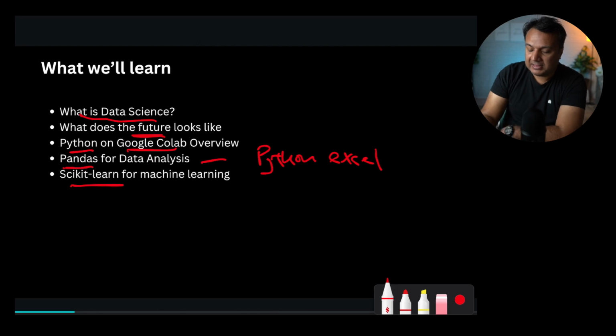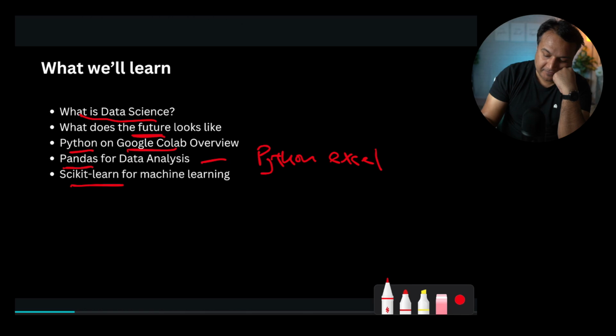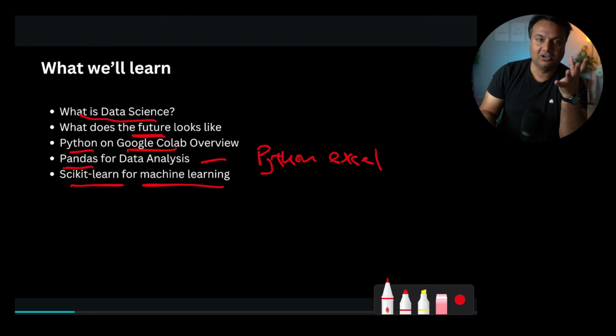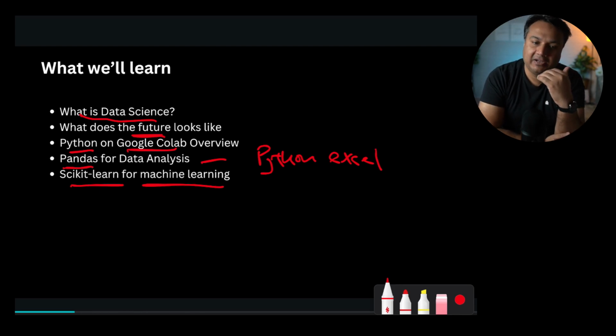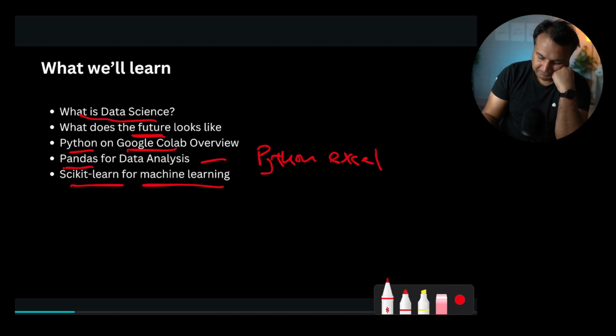Then we will be looking at the library of choice for most things machine learning. And by machine learning, I mean when we are trying to teach machines to do something, that is when machines are learning, and this is called machine learning. So a lot of the predictive power comes from machine learning algorithms, and scikit-learn was the library of choice. It still is one of the most popular libraries when it comes to making any predictions on the data. So we will be looking at that and actually making a very fun project.